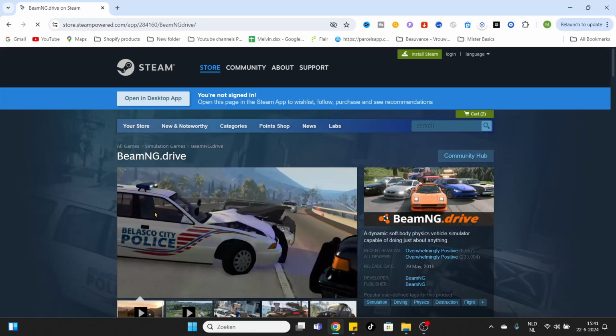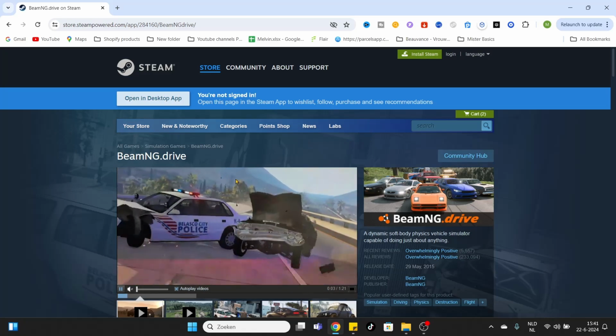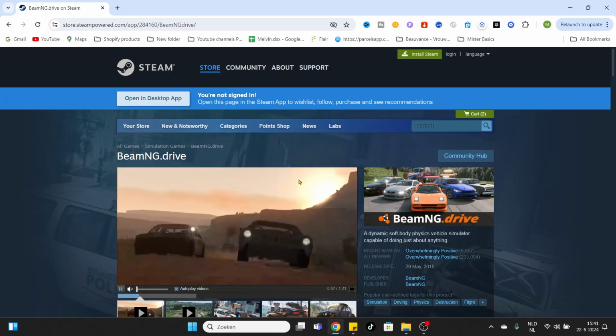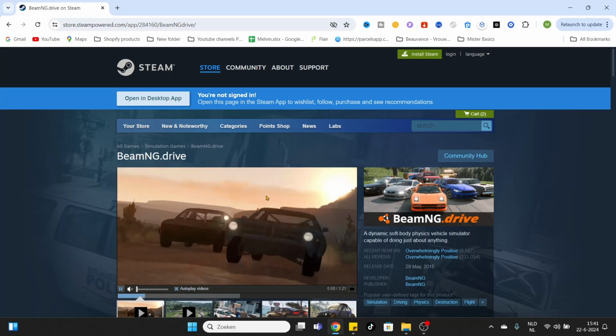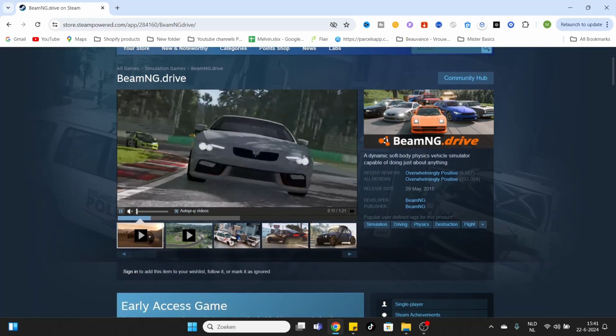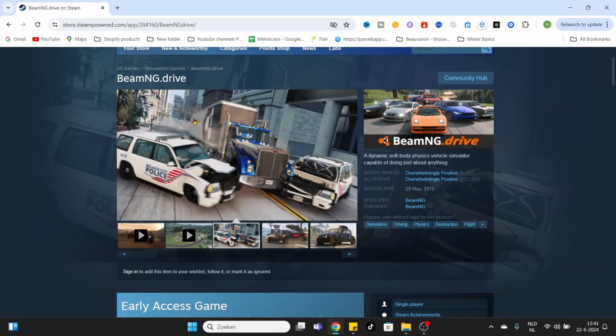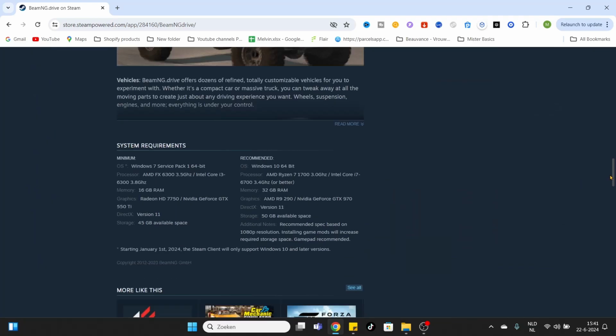And after that, you will arrive at this overview. As you can see, this is a kind of simulation racing game. And you can also crash vehicles and check out some videos on this page. Check also out the screenshots. Maybe read some information, and after that we need to scroll down all the way, and as you can see,